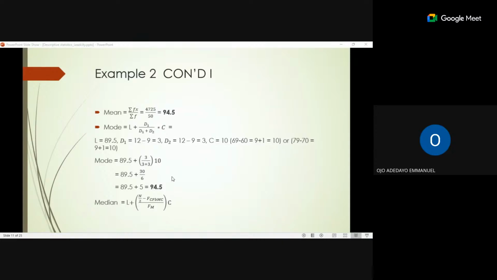There is one formula called the Stooges rule. But when I was going through your slide, they didn't make use of Stooges rule. Stooges rule is the rule that we normally use to get our class interval. What is Stooges rule? The Stooges rule simply means that we are going to have what we call